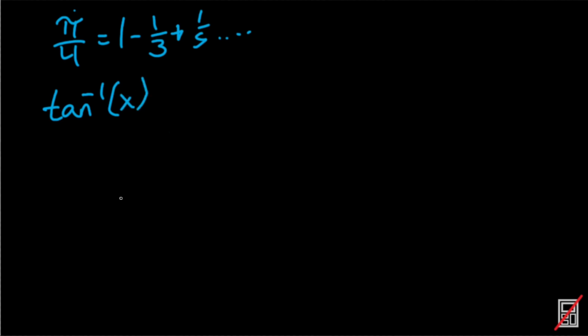Now, for those of you who haven't seen this before or aren't super familiar with calculus, essentially it comes from this fraction here, 1 over 1 plus x squared, for values of x less than 1. And we